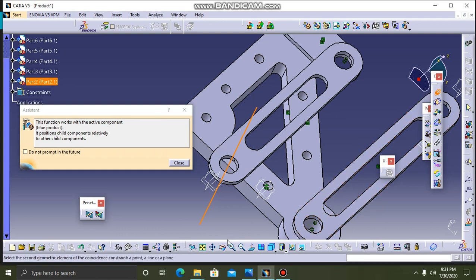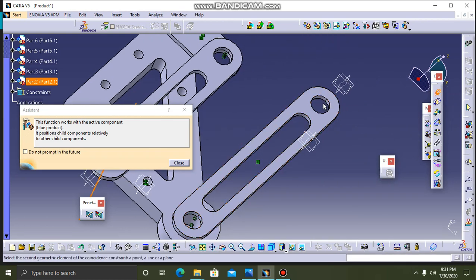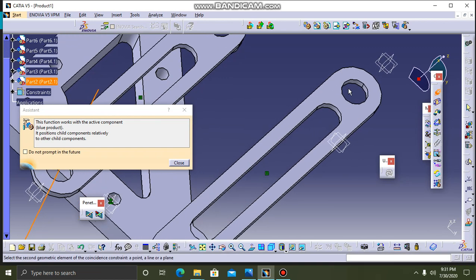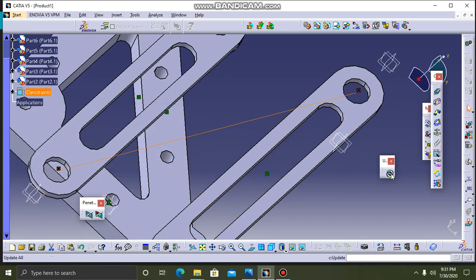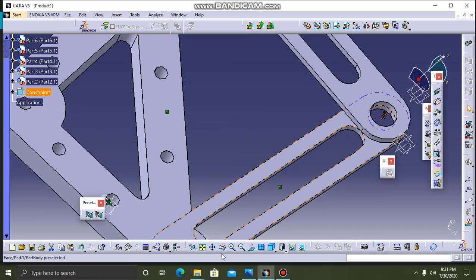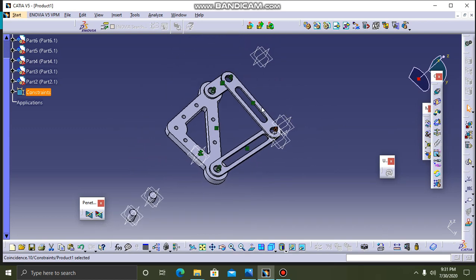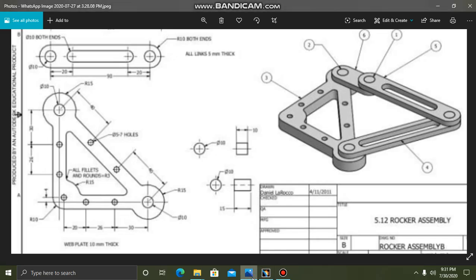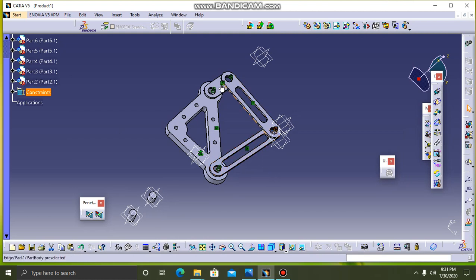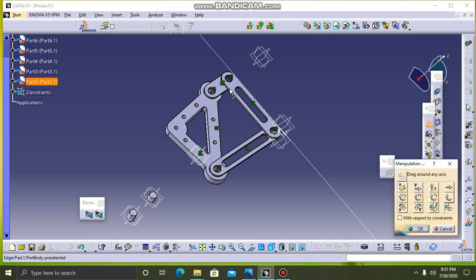see, I have selected this, and again I'm using the pen for moving it. Here there will be a coincidence line because we need to coincide here. I'm selecting this, I'm coinciding. See, we have got the rocker as such. The rocker is, we have to move this shape. So for moving this shape, select manipulator,